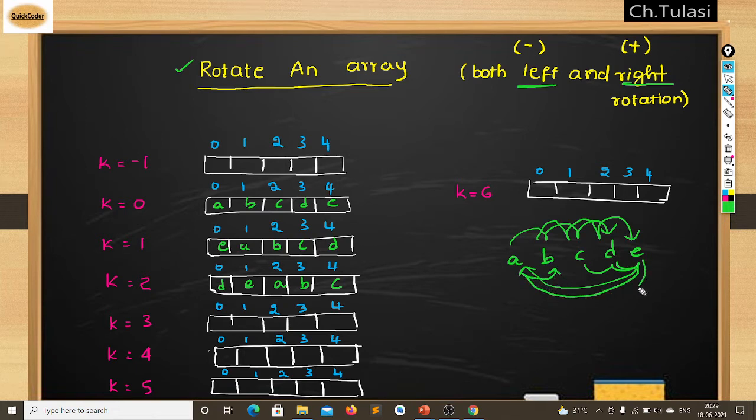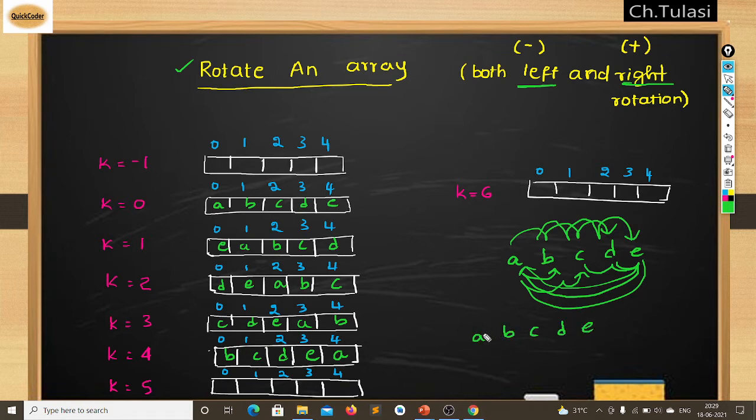So A goes here, B goes here, C will be here, D will be here, E will be here. Likewise, if my k is equal to 4, my array will be something like B, C, D, E, A. If my k is equal to 5, it's A, B, C, D, E.